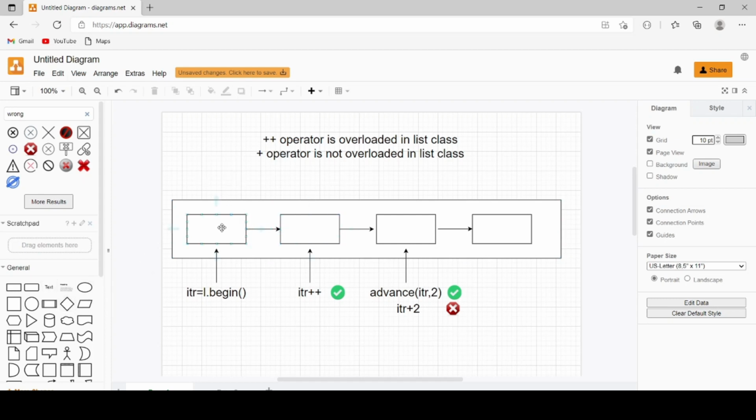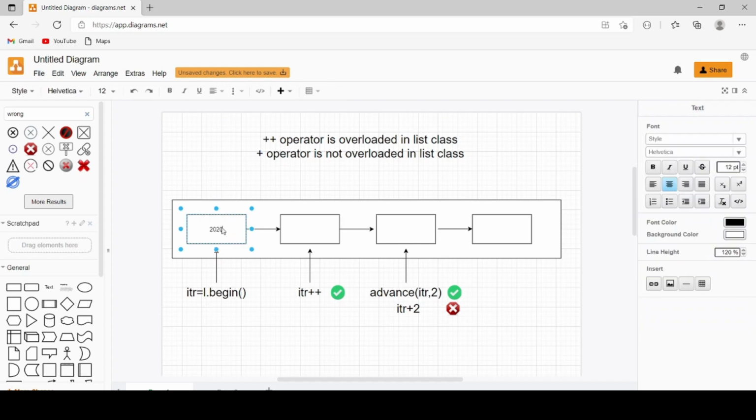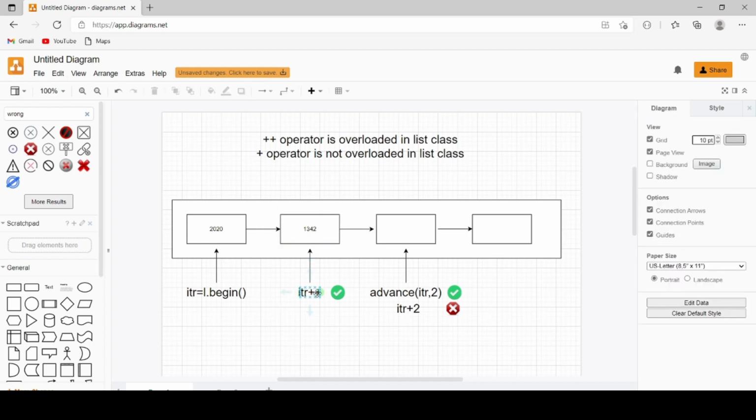So this may be address 2020, and if itr is 2020, then itr++ could be 2021, but the next node is somewhere entirely different. Then how can we reach that point by itr++? Because the ++ operator has been overloaded, so that we don't just simply add 1 to itr, we point to the next element. But the simple + operator is not overloaded in list.